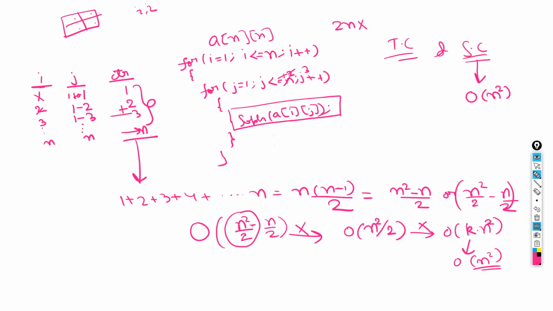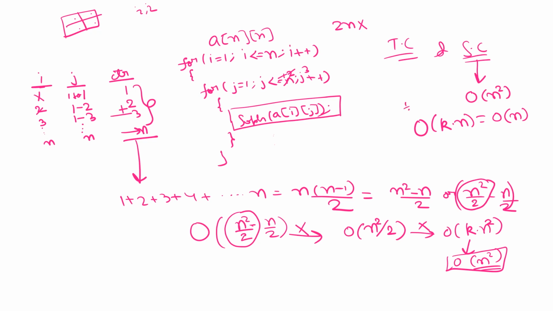Okay, so this is the time complexity, right? So O of n square by 2 minus n by 2: first find the maximum dominating term, which is n square by 2, and clearly we know that this is a property. O of k n will be equal to big O of n, because k is again a constant and it can be any fraction, 1 by 2, 1 by root 2, anything. Okay, similarly O of k n square is also O of n square. And how is this happening? Because whenever we say time complexity, we are not concerned about the constants, we are only concerned about the dependent variable, which is n, right? So O of k n square can be written as O of n square.